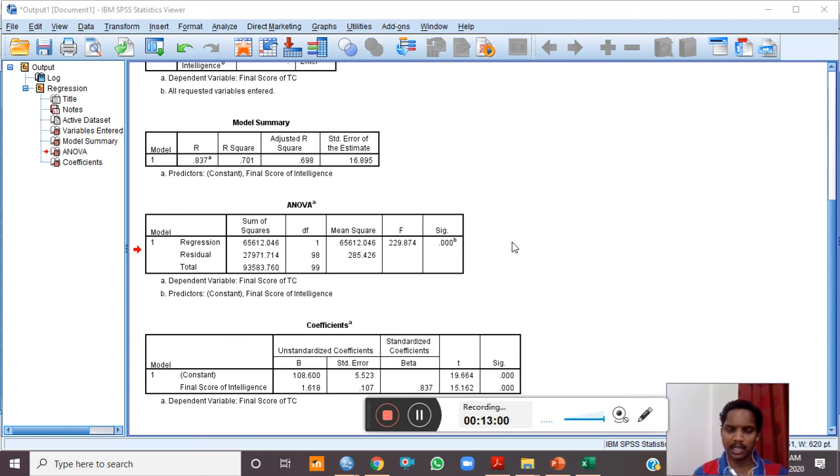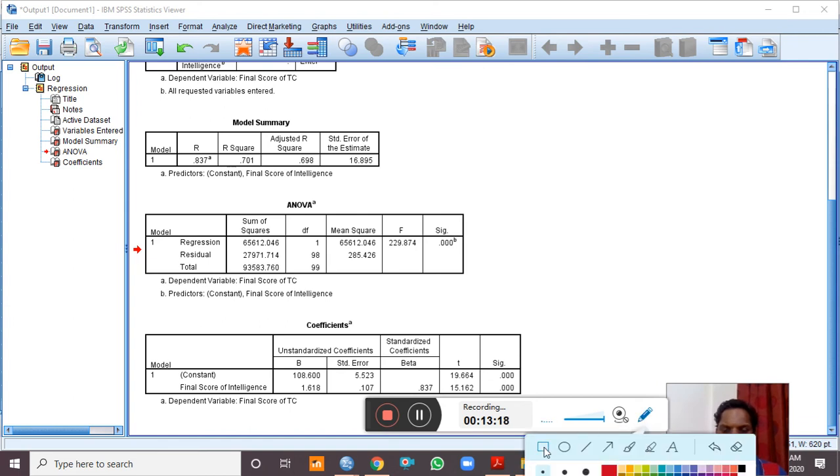This Y prime indicates the predicted variable. In our case, teaching competency is the predicted variable. So Y prime is equal to a plus bX, where a and b are constants. Then X is the independent variable. In our case, that is the intelligence.